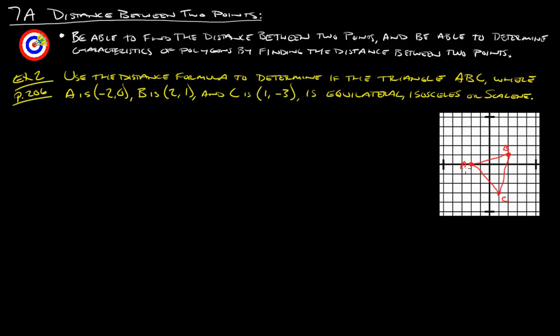Okay. So, in order to figure out what kind of triangle it is, equilateral, isosceles, and scalene are all classified by side length. So we got to figure out what each one of these side lengths are. Okay. So, again, now that we've drawn it on there, let's use a different color. To figure out what the length of AB is, I can just figure out this triangle here, which has got 1, 2, 3, 4, a length of 4, and this has got a length of 1. So AB